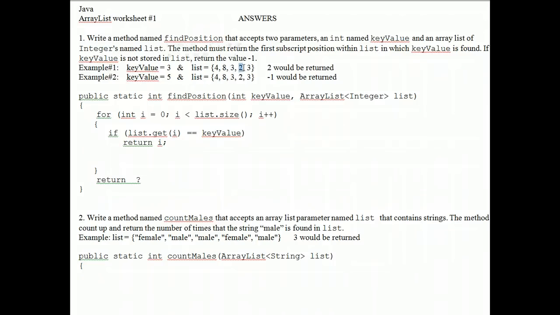This 2 will never be inspected, neither will this second occurrence of the 3. Because we found the first 3 in position i equals 2, because remember that 4 is in position 0, the 8's in position 1, and the 3 is in position 2, the value 2 will be returned. So do I need this return statement that I previously put down here? Yes, I do. I need to return a -1 if somehow I manage to fully traverse this array list,